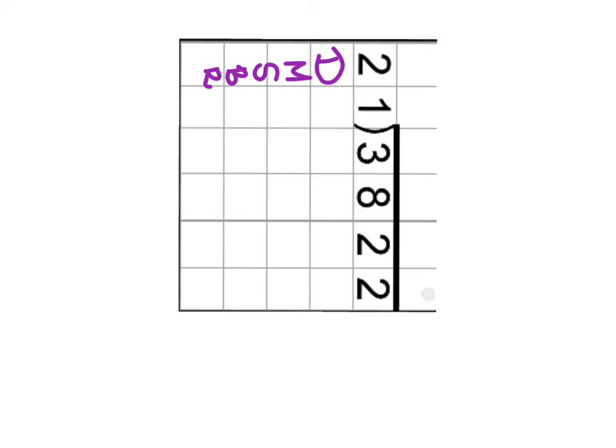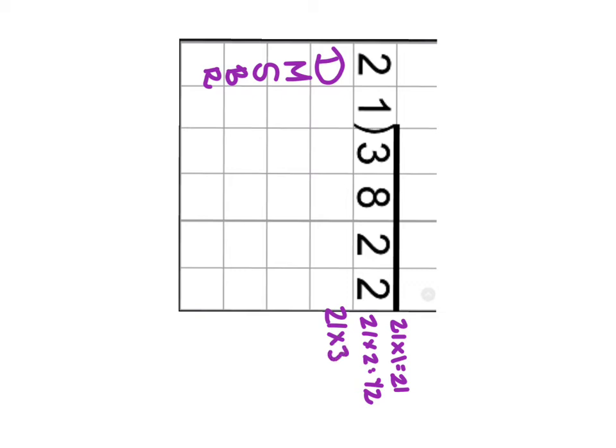Now, because 21 is not a number that I have typically memorized my facts for, I have 2 choices. I can either write out my facts for 21, which some people will do, 21 times 1, 21 times 2, and they will list those facts over here to the side in their margin. 21 times 3,